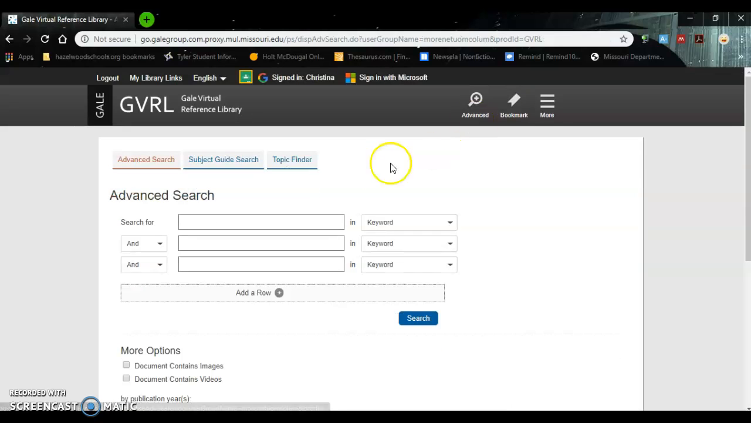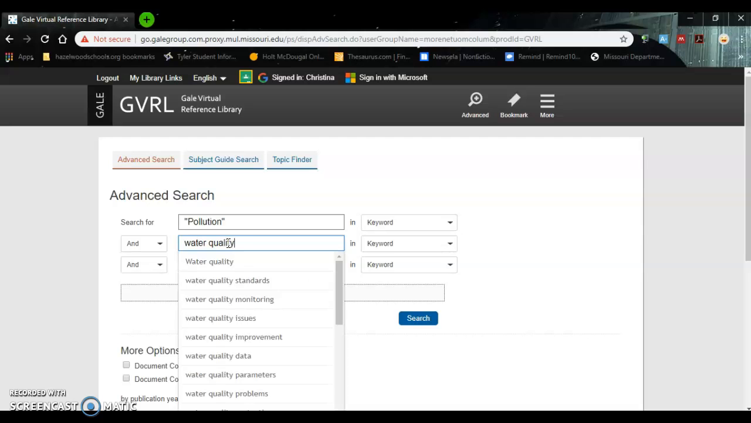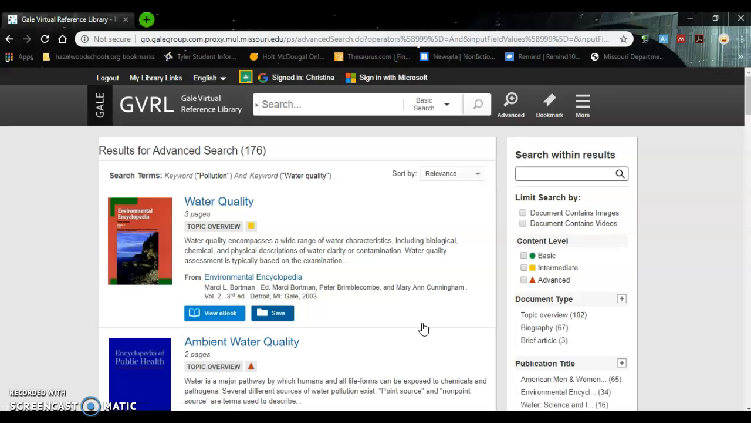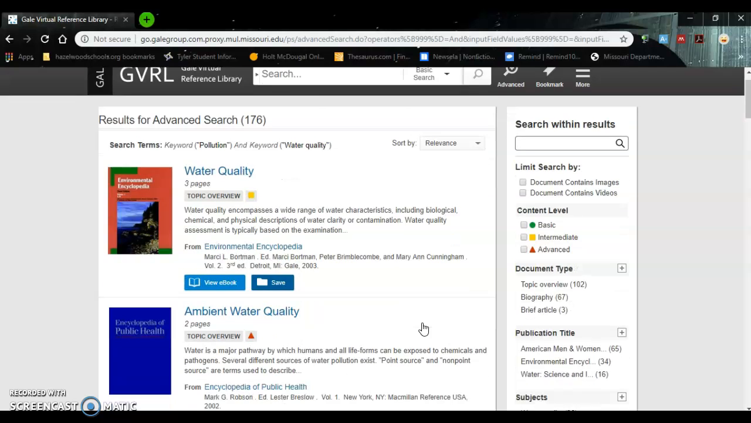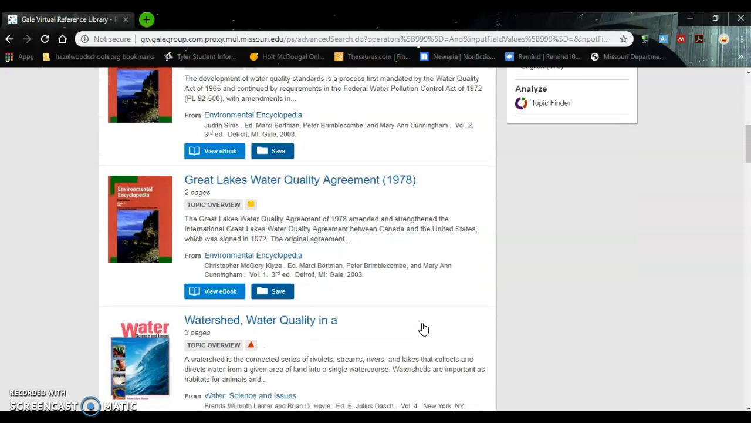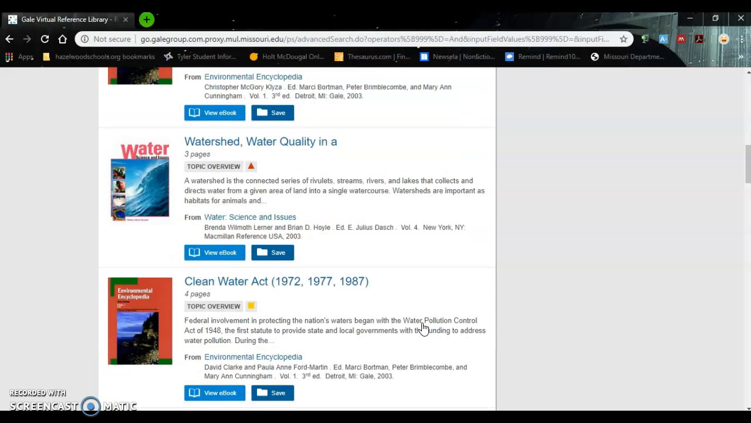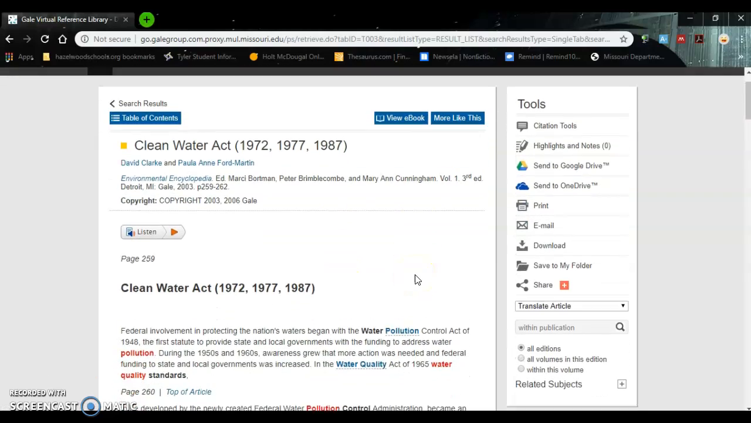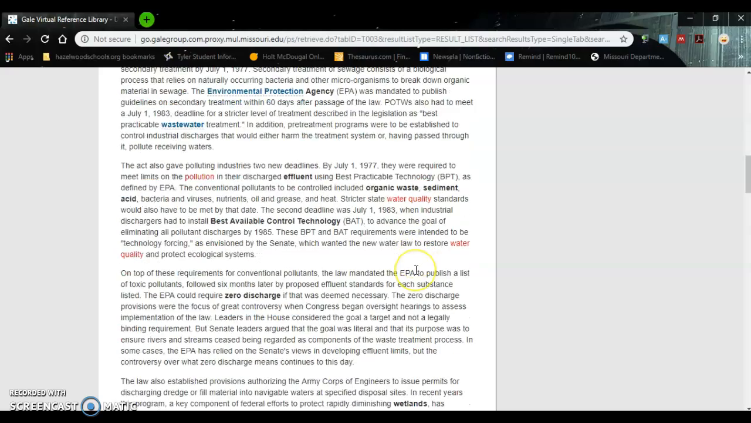search. And we look at that, and we can do pollution. And how about water quality? And now we have narrowed our results down to 176. If we find a reference that we like here, Clean Water Act, we go there and we can view the ebook, or we could just look at this article